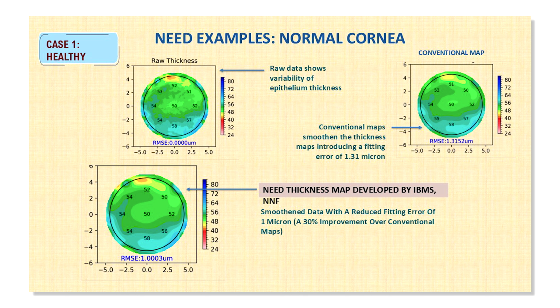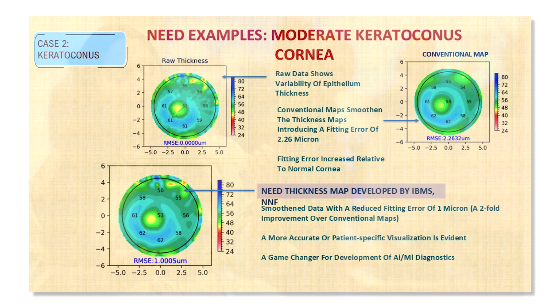So this software is actually going to negate this effect of smoothing out and give you the actual data. In a healthy case, you may not see too much, but if there is an early or a late keratoconus case, there are a lot more irregularities which are smoothened out, and you get a little more negative information. And with this software, along with the Pentacam OCT, it's going to give a twofold or threefold improvement over the conventional map. So it's going to give you a lot more refined point-to-point information compared to what you see on other devices.